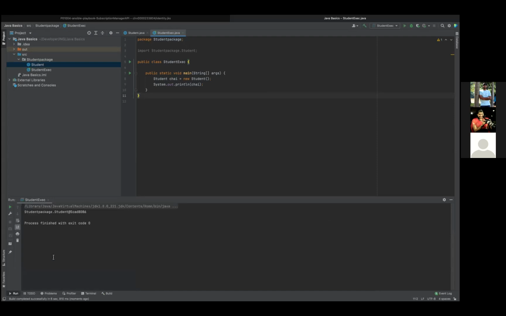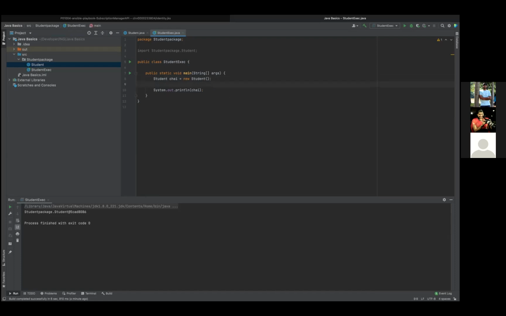Okay. So now if you observe here in the console, when she printed her object, you are able to see something like student package dot student @ some value, right? So this is nothing but the address of that particular object. So every object, whenever you're creating in the backend, in your JVM, under the method area, under the heap, your object gets created. There you have this particular address location. So to verify, now I request you to create one more object with a different name.